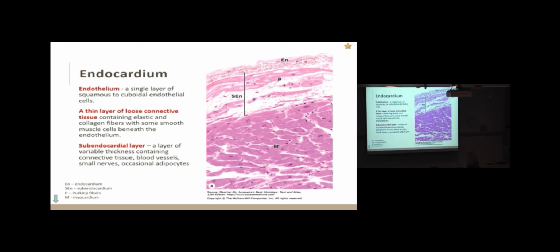So starting with the endocardium, we're going to start on the inside and work out. So down here you've got the myocardium. I think you probably are all recognizing that these are cardiomyocytes. Okay, look, I see some intercalated discs here. We'll just stop for a moment and talk about it. Intercalated discs, look, centrally placed nuclei. These aren't really cut longitudinally or in cross sections, so they're a little hard to see, but you can see that they're